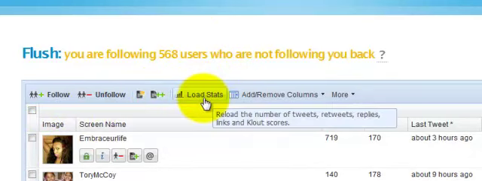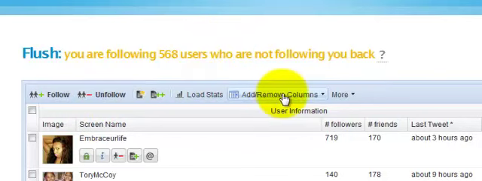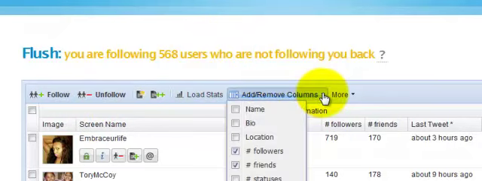Then load stats. This is where after you add, you can remove the column. So look, this is why I like this, guys. Check this out. You've got their name. You can select to have their bio in here, which is really cool if you're really trying to do some targeted following, because you want to follow people that have something in common with you.